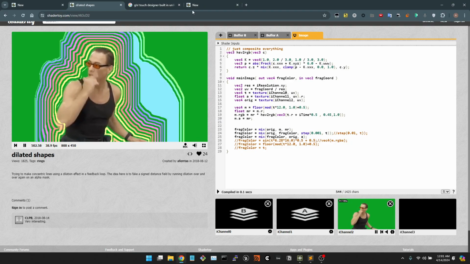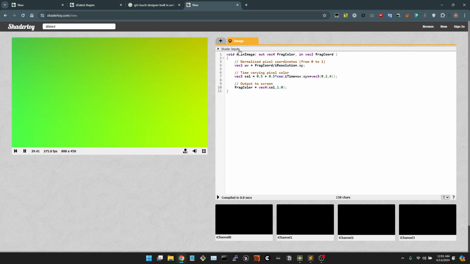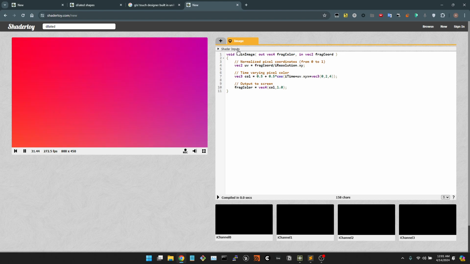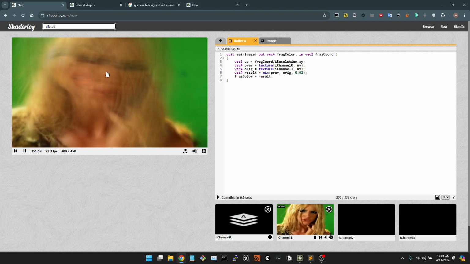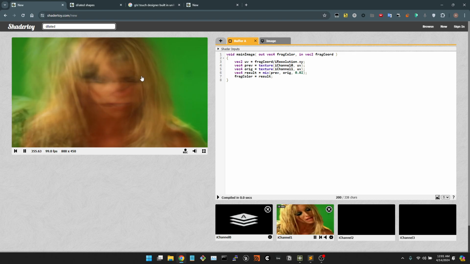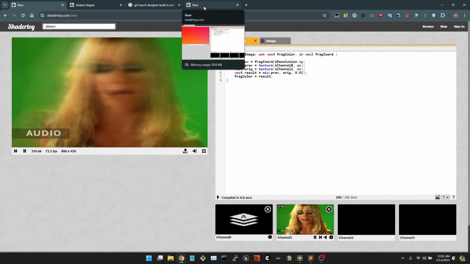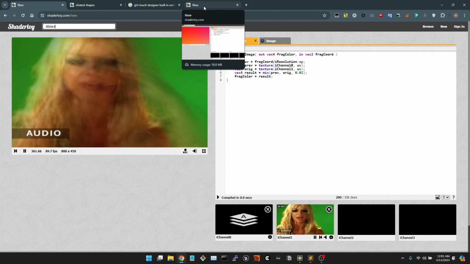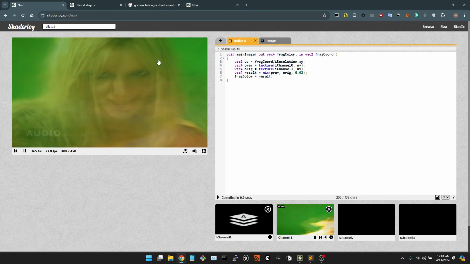So just starting off with a new Shadertoy here. What we're essentially going to be implementing is a feedback lag effect. Let me just show the finished result here. As you see, Britney's moving and there's a little bit of lag. It sort of looks like you're under the influence of something. And in order to do that, what we need to do is mix the previous frame's output with the